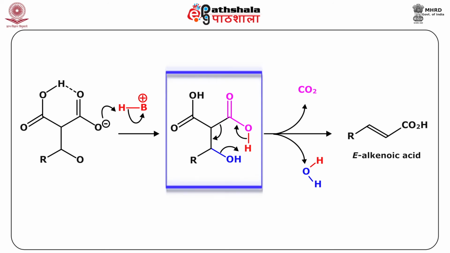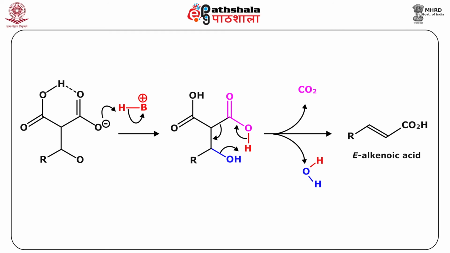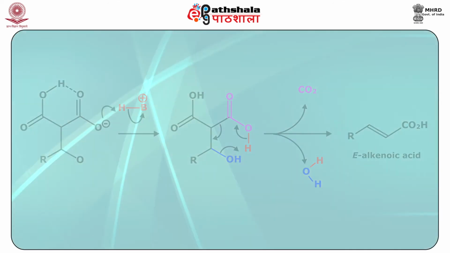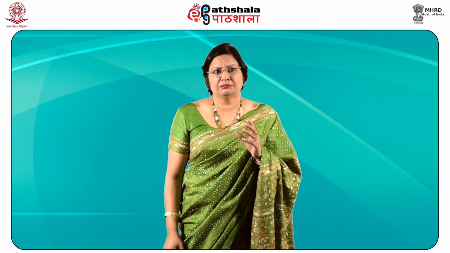The decarboxylation and dehydration occur via a cyclic transition state as shown here. Note that ideally CO2 loss from either of the two COOH groups could happen, which could give rise to E or Z double bond in the product. But since the product has E or the trans geometry, that transition state is involved which has lower energy leading to more stable E alkenoic acid as the product. So, we can say that the more stable E isomer is formed.